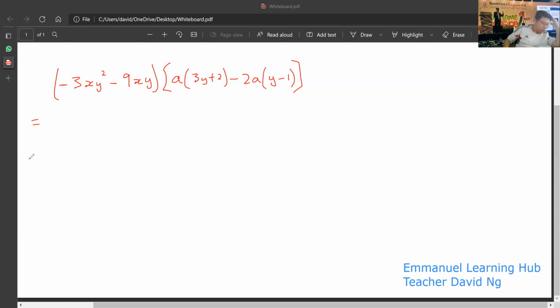Okay, do the bracket one first. So you write the whole thing down first, like the bracket negative 3xy square minus 9xy, then close bracket. Then is